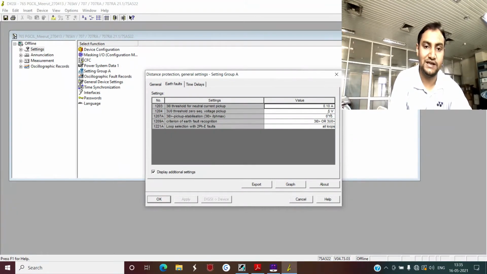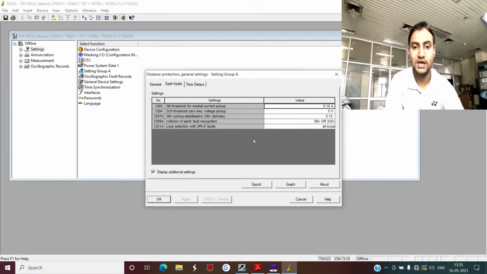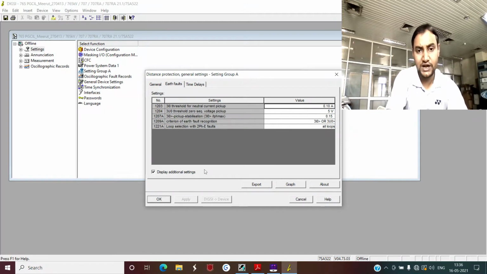Because in some cases it might happen that due to unbalance in the system, the current in the neutral will increase from some zero magnitude, ideally, to suppose 300 or 400 ampere. But in that case also you don't want your relay to operate incorrectly. So you can avoid those situations simply by having a ratio of your neutral current with the maximum value of phase current, and your phase current maximum value will change only in case of a fault in the system. Otherwise it will be of very low magnitude, and if you then calculate this ratio, it will be of a lower magnitude and your relay might not pick up, or your pickup will not be in a stabilized region.